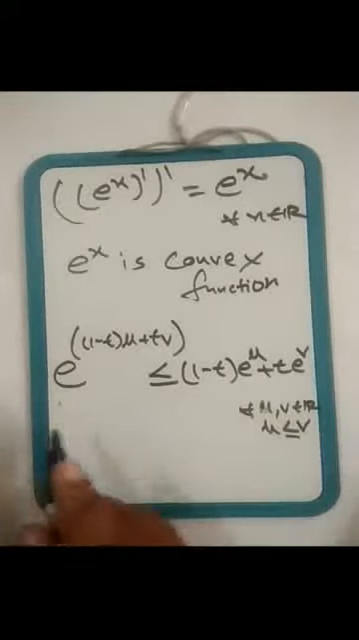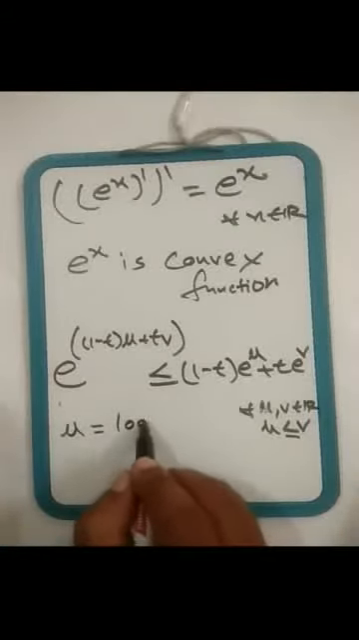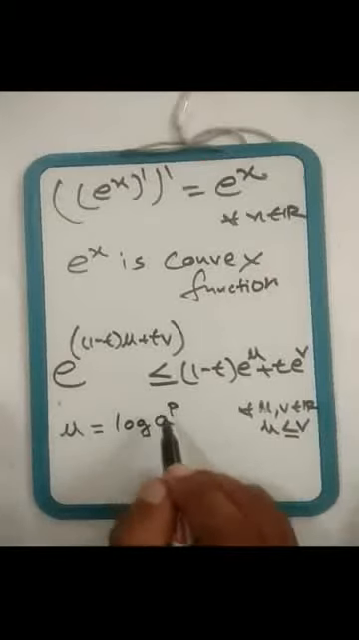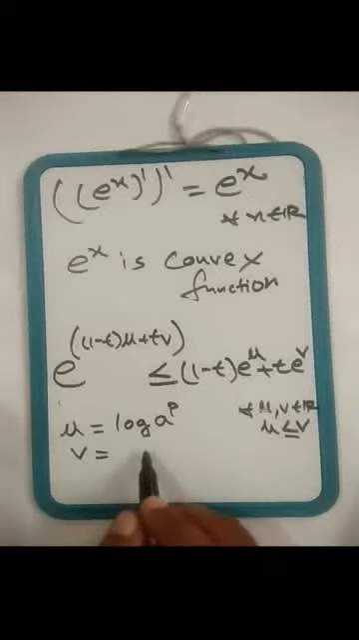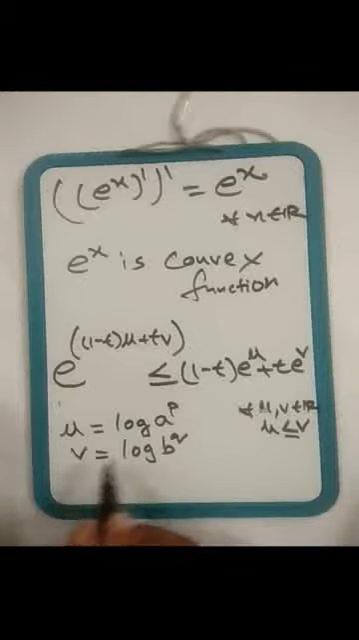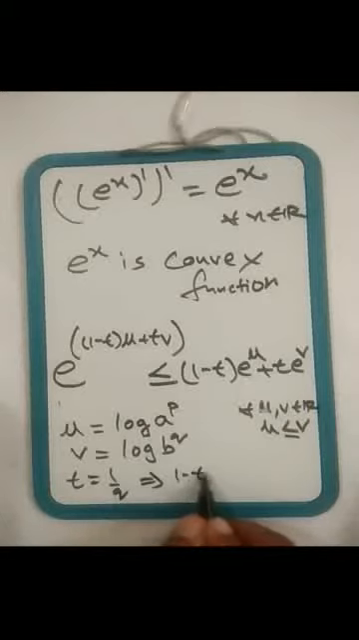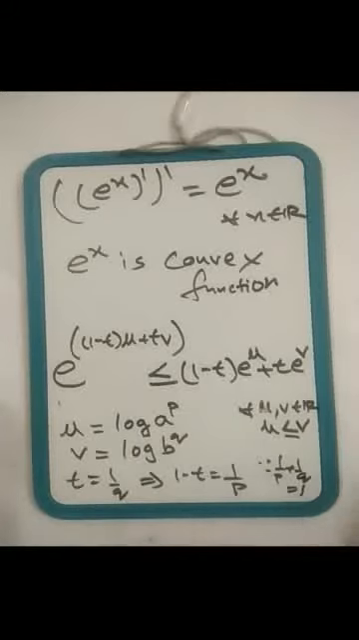Now take u to be the special case log of a raised to p, and similarly take v to be log of b raised to q, and take t to be 1 by q. That implies that 1 minus t has to be 1 by p, because 1 by p plus 1 by q is equal to 1. If you substitute these values,